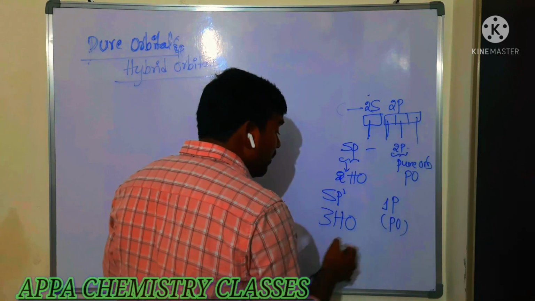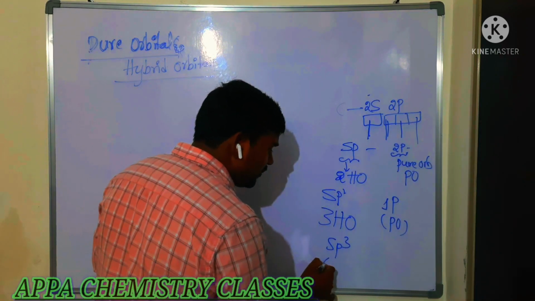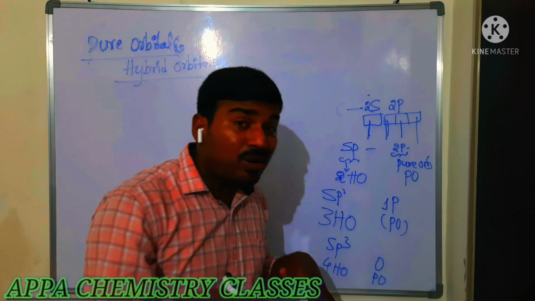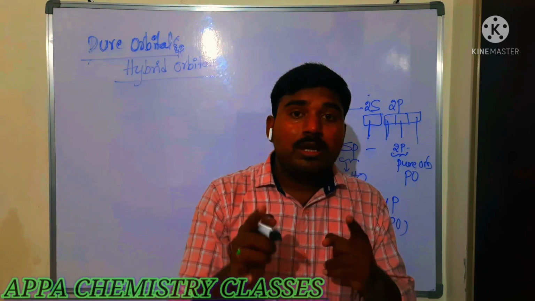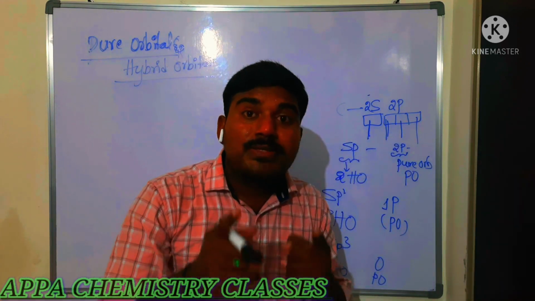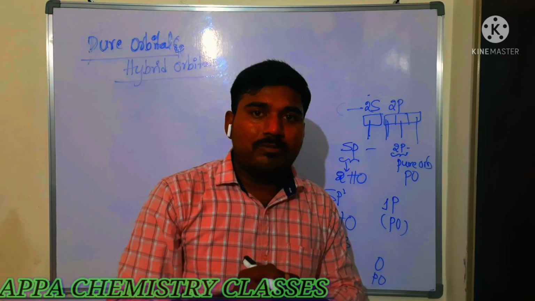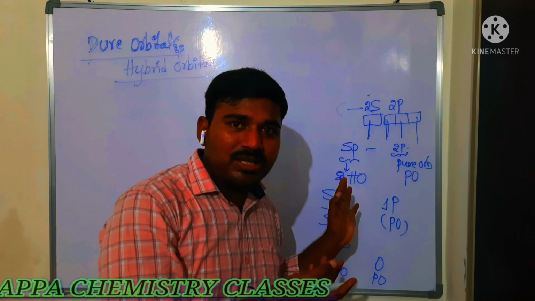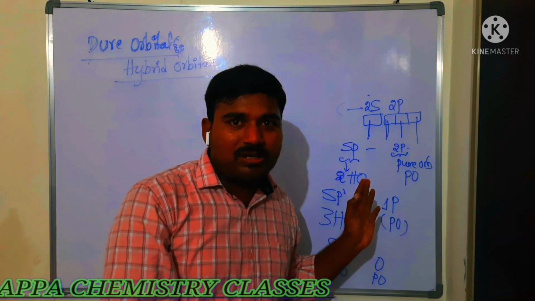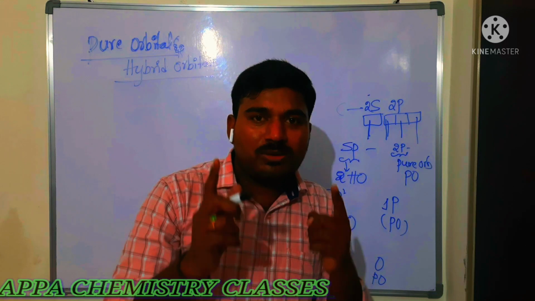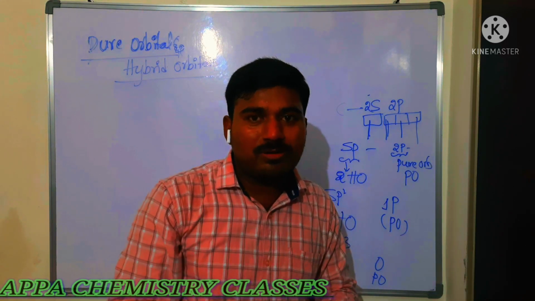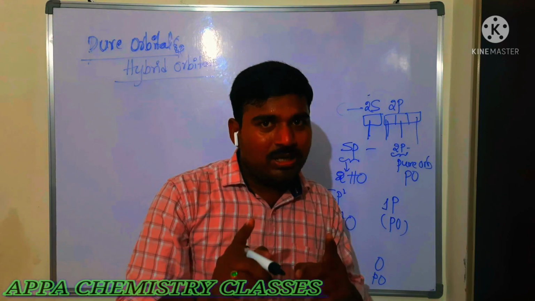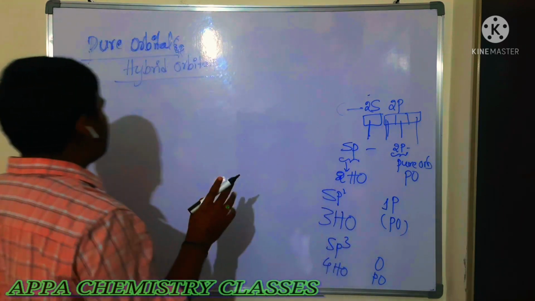In case of sp3, 4 will be hybrid orbitals, so 0 will be pure orbitals, because all the orbitals are involved in hybridization. These are all central atoms, which you need to remember. Whatever the bonded atom is, here it will be hydrogen, since in hydrocarbons we only see hydrogen and carbon. Hydrogen contains only one valence shell atom orbital that is involved in bonding formation. Okay? Is that clear?